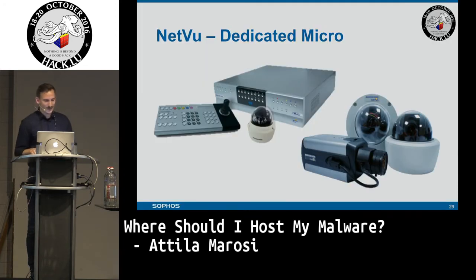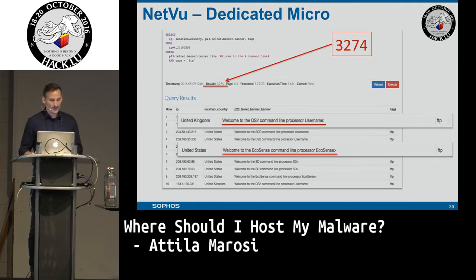So my favorites: there were some NASes I have already shown you, and there are some professional devices which are a little bit scary, I think. One of them, the NetView stuff, is CCTV stuff. You can monitor big buildings or things with these professional devices. If you use Censys and you know how to search for them, you can find a couple of them, and it's a tricky